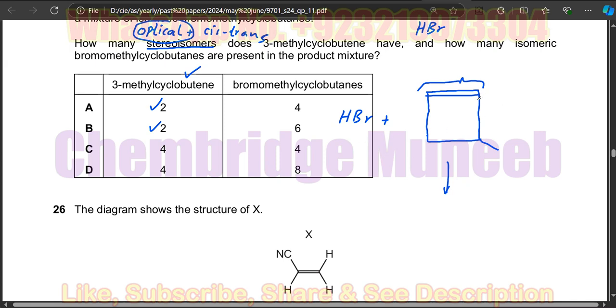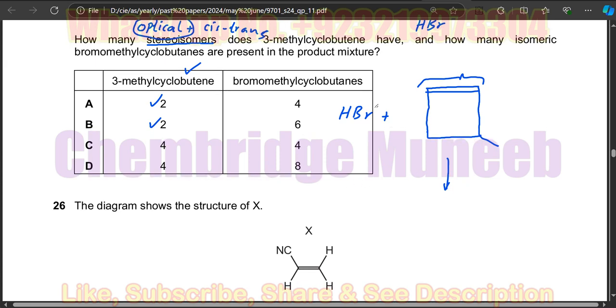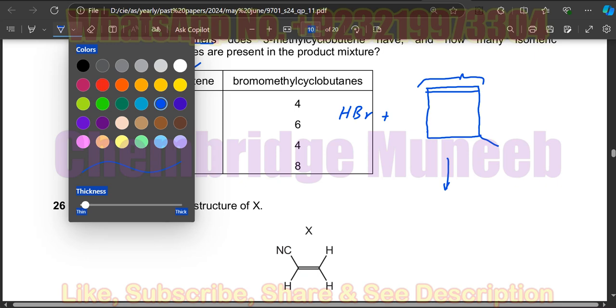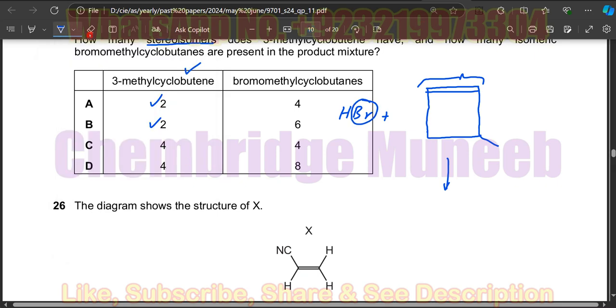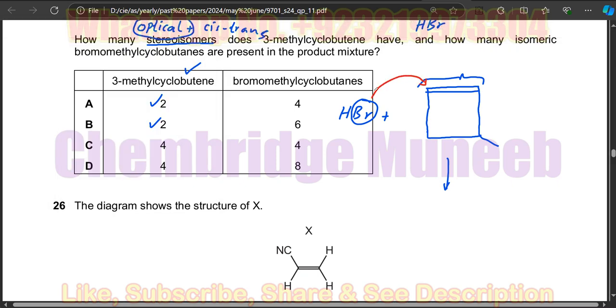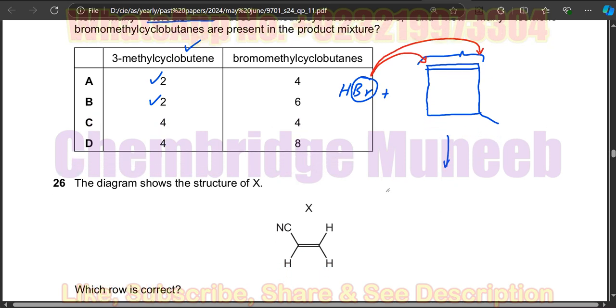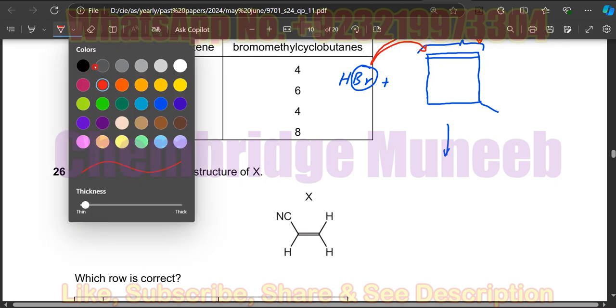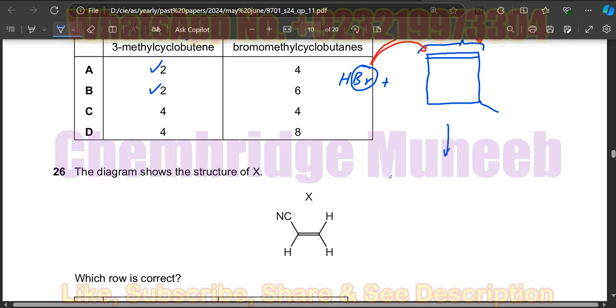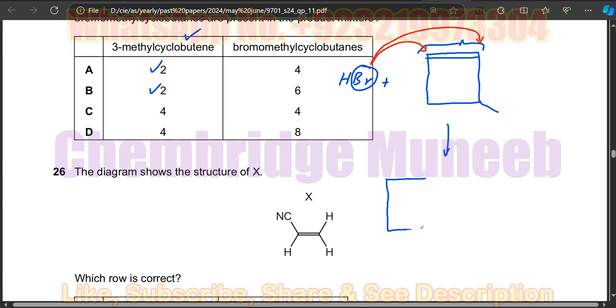Here in this case, there are possibilities that the bromine is added either to the left of the carbon or to the right of the carbon. So we will get two different products in this case. I'm going to write these two products again in the skeletal form. So, a methyl group here and another product